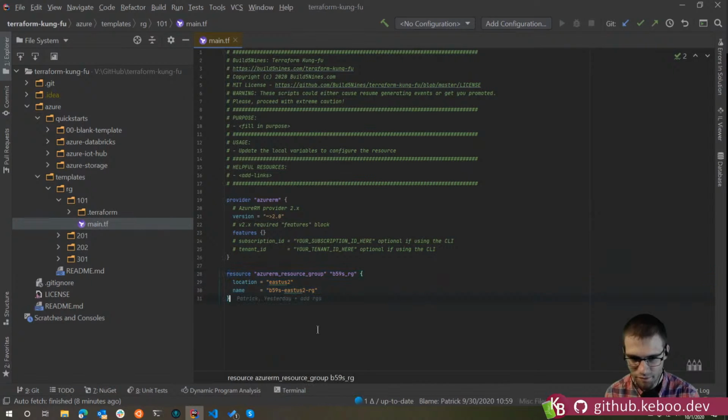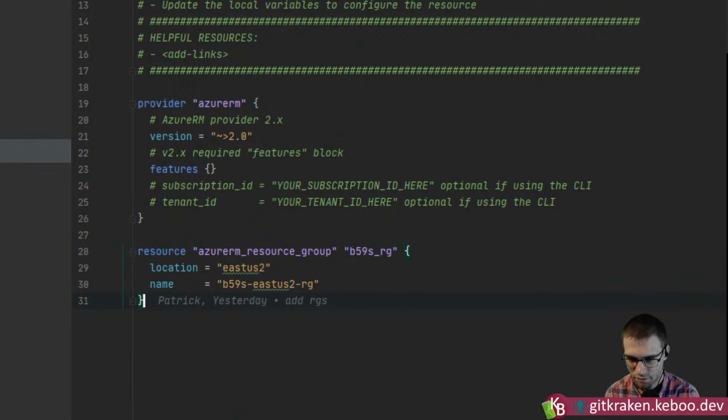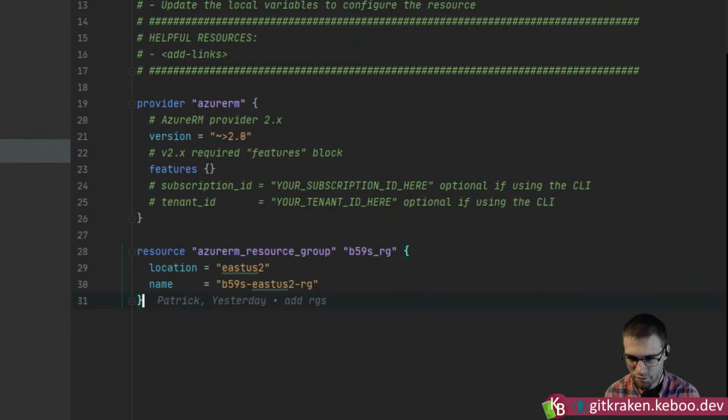And then here we've got just a resource. We're just declaring a resource. We're using the provider for resource group, so azurerm_resource_group. And then that next thing is a name that we give it, so that's the Terraform name that we assign. I said B59s because this is all build 5.9, so that's what we call it, B59s RG.